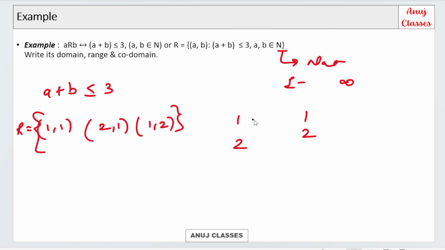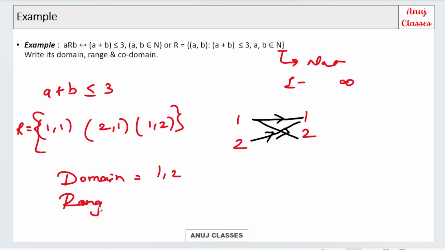Now if we see the relation: (1, 1), (1, 2) and (2, 1). So in total we have 3 pairs inside the set of the relation. If I have to write the domain, I can write 1, 2. If I have to write the range, it will again be 1 and 2. But interestingly, if I have to write the codomain,